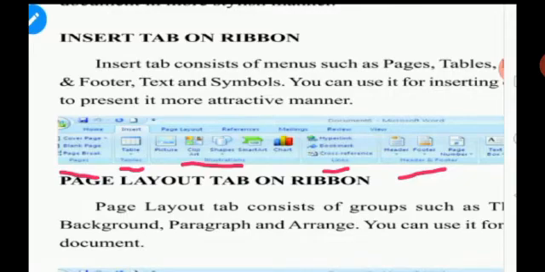Then a link is nothing but, if you are providing any URL in your document, a uniform resource locator, that is the web address of any other site. If you want to add that, by a single click the user will be directed to that web page directly. For that purpose we will be using these links.